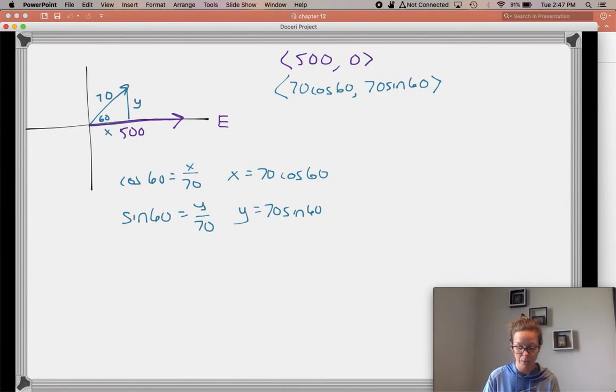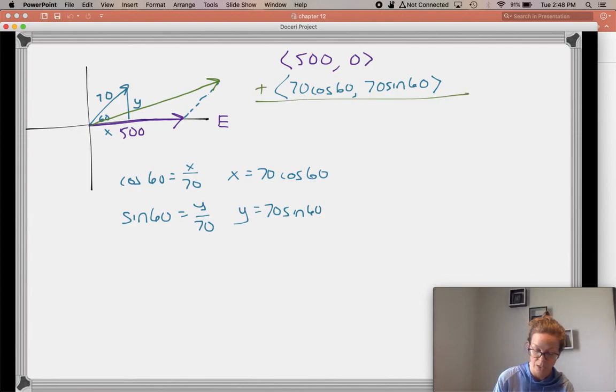So then we could think about doing that tail to tip thing and actually translating that vector over here. And then the final sum